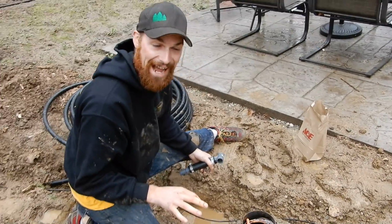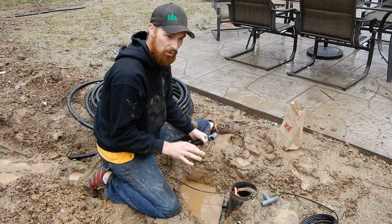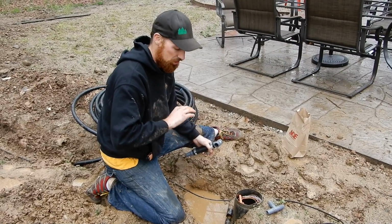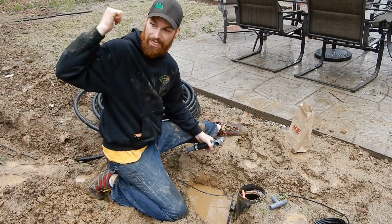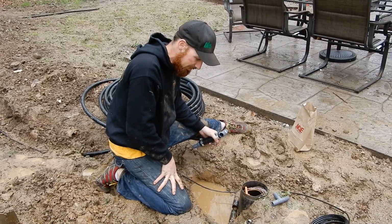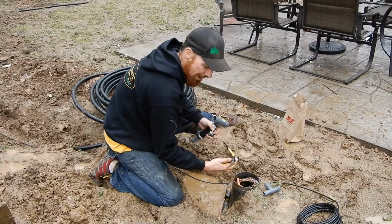To be perfectly honest, I really want to call out the company that put this in, but I'm not going to. I see a lot of this every single year, where it's just a hodgepodge of piping. It goes to 1.5 inches, 1.25 inches. We've got 1 inch running this way, and 1/2 inch running off of the 1 inch. I would rather somebody just do everything